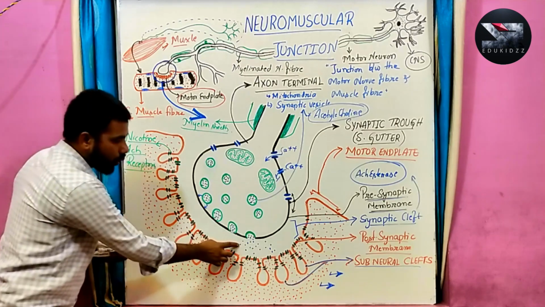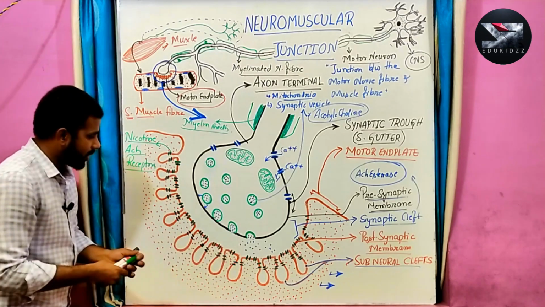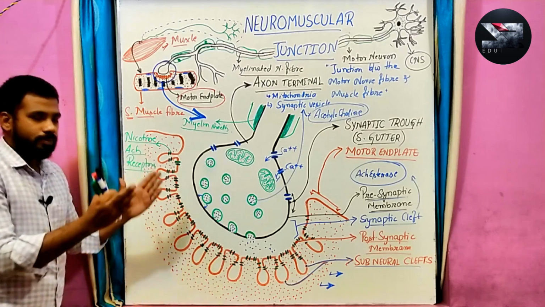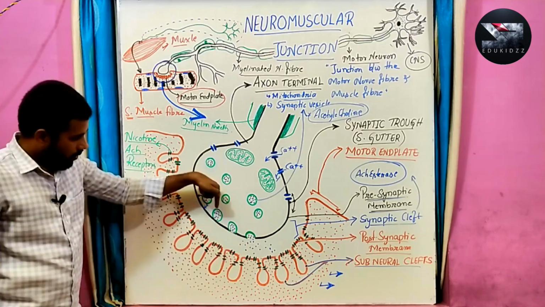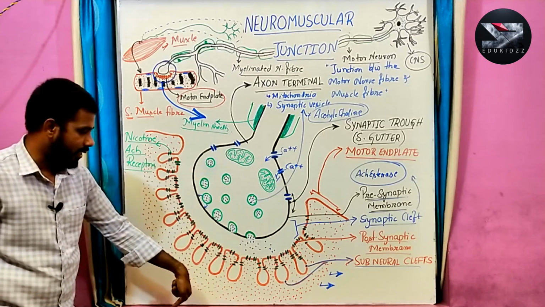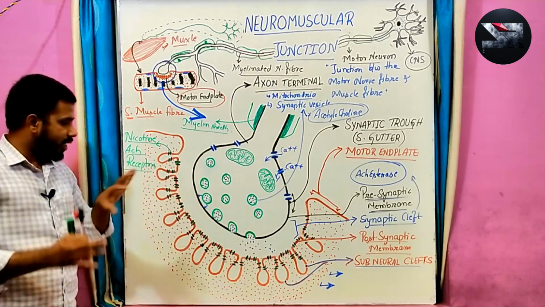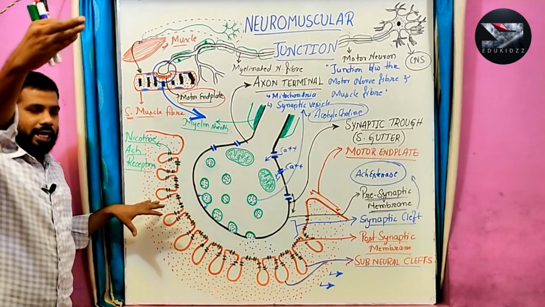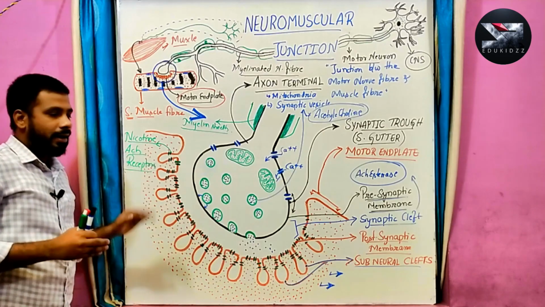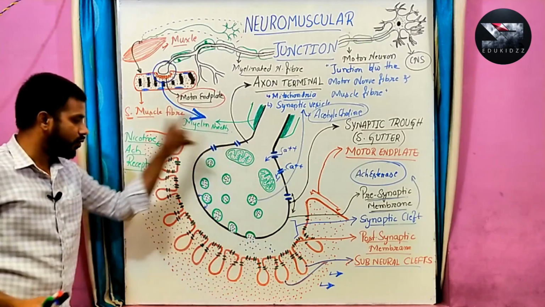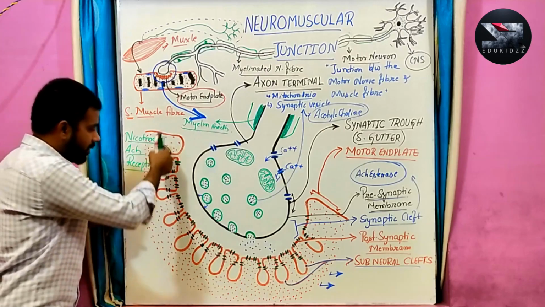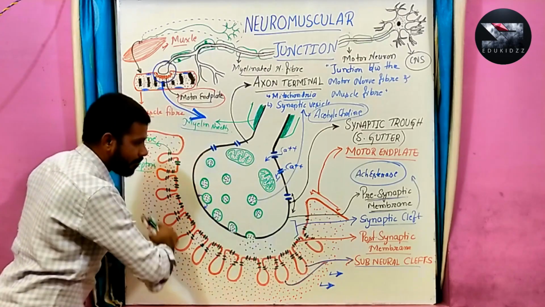When the neurotransmitter binds to these receptors, those receptors open and permit the entry of sodium ions. But the most important point you have to remember, compared to a normal synapse between neuron and neuron, is that in the neuromuscular junction the postsynaptic membrane